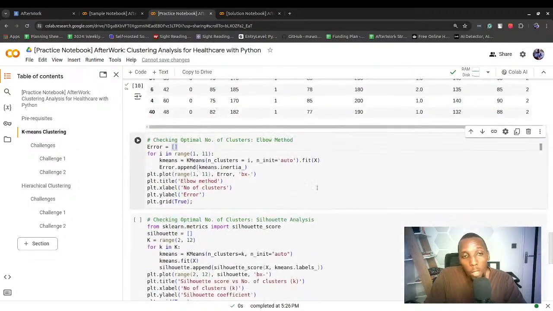Then we can check the optimal number of clusters using the elbow method. So, from the initial bit of explaining how we were able to work with k-means, k-means would partition data into k clusters, minimizing the sum of squared distances. So we would calculate,